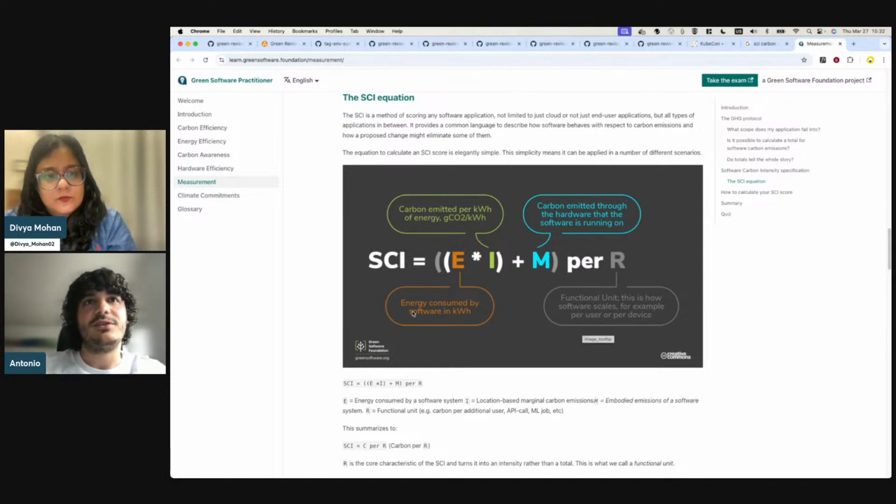And you can see it has an energy component. That's what we fetch from Kepler. Kepler offers container level metrics for the energy. Then we have our intensity part, which is the carbon emitted per kilowatt. This varies with your energy provider and your energy mix. And then we have a rather complicated part of the formula, which is the embodied carbon in the machine